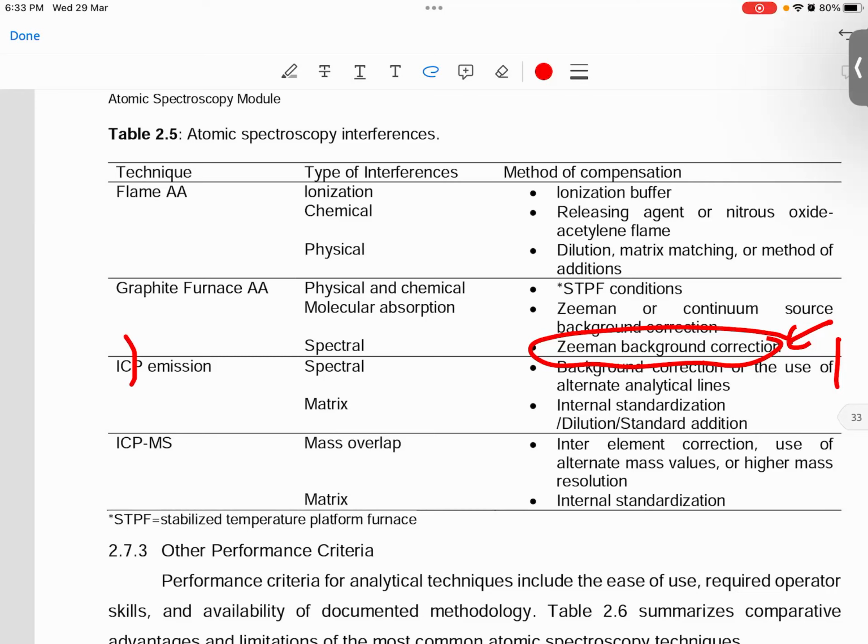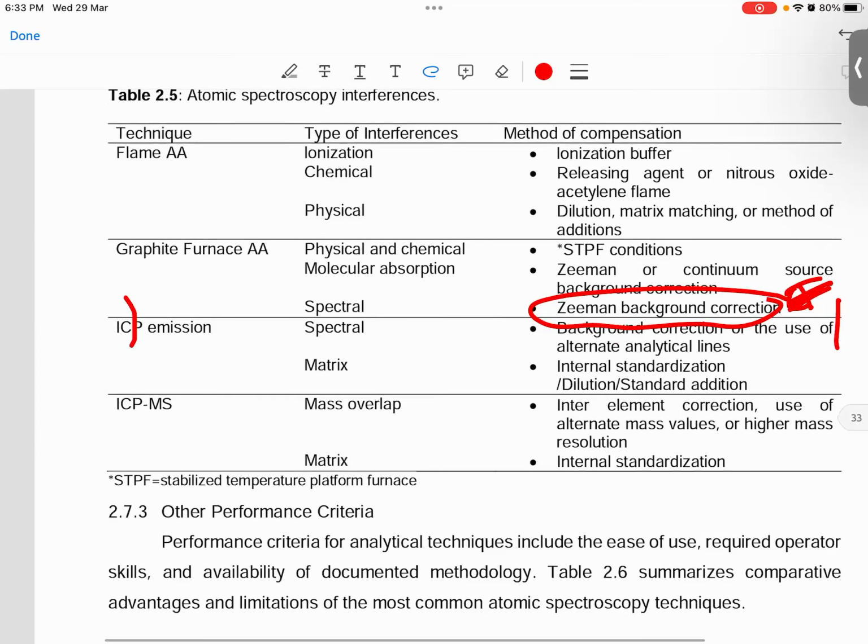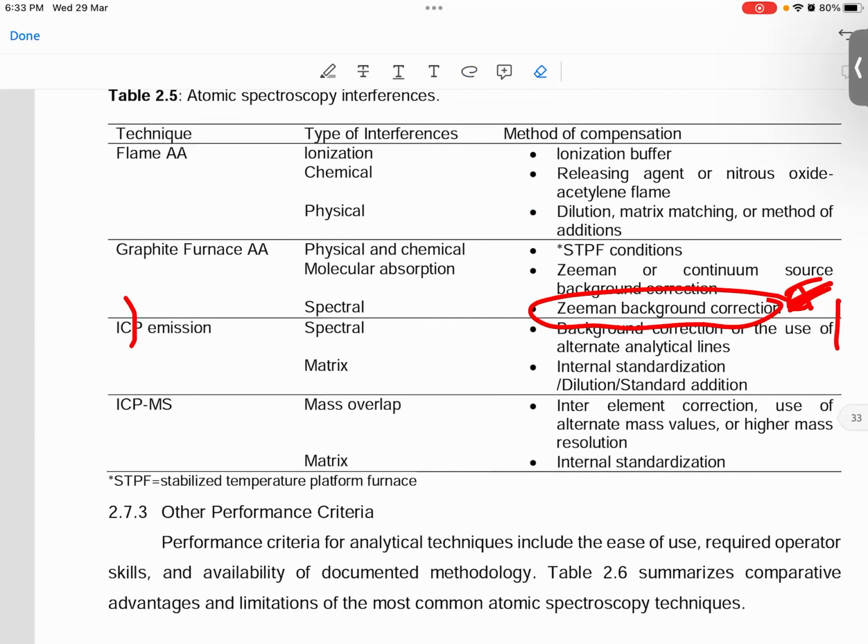So it's good for you to know, but usually the manufacturers have this Zeeman background correction. Okay, so it's not to worry about every day, of course, but at least understand what the Zeeman effect is. So you can see that from here,